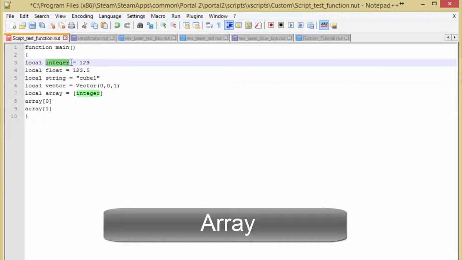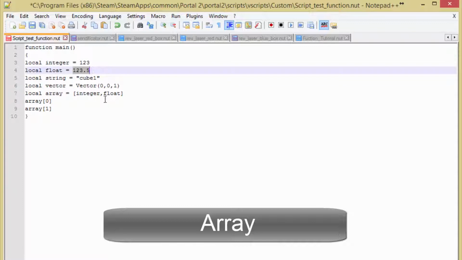We found that this is already named that piece of memory, and that would pretty much forward us to the data 123. So right here would store 123 in the center of the array. And so the first from the center, if I were to put float, then that would go and look up 123.5. And the first from the center would be 123.5. So this right here would call out 123, this right here would call out 123.5, and if I were to do array 2, array 3, that would go on to,